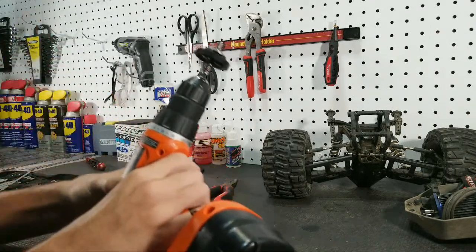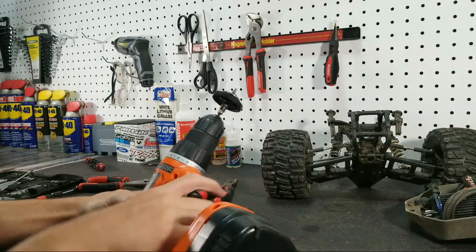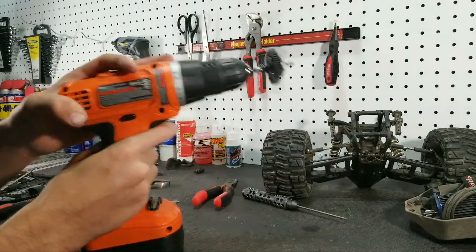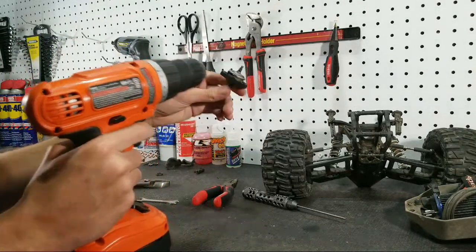See if it's bent from the other way. Okay, that makes no sense. I put it on the other way before I had the drill on this side. Straight as an arrow. But if I put it on the other way,